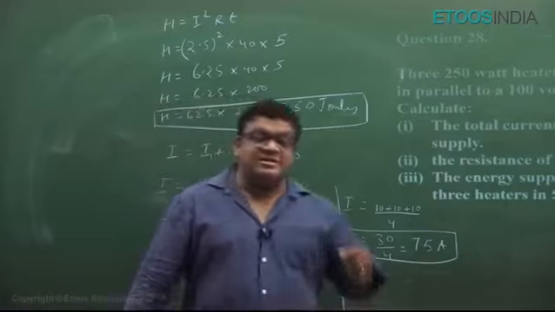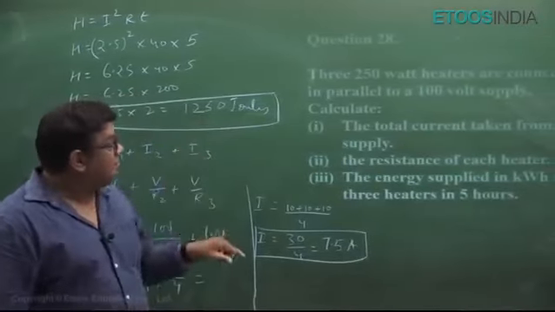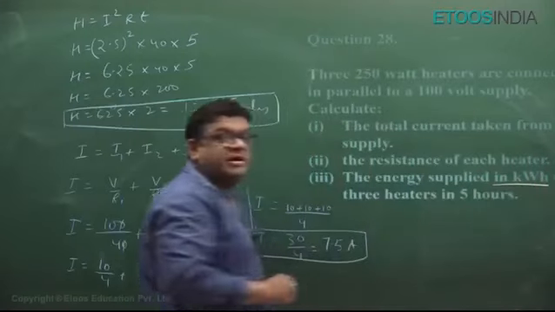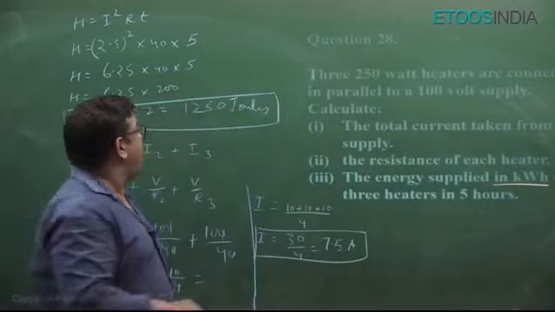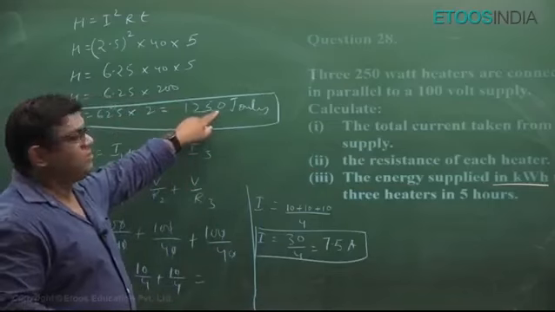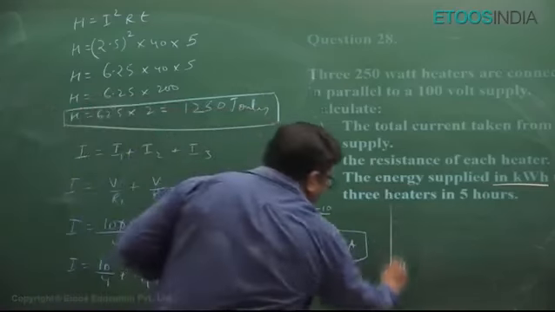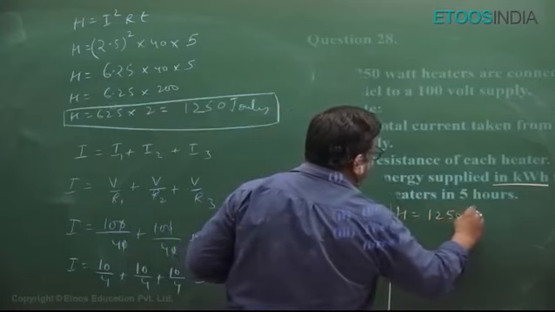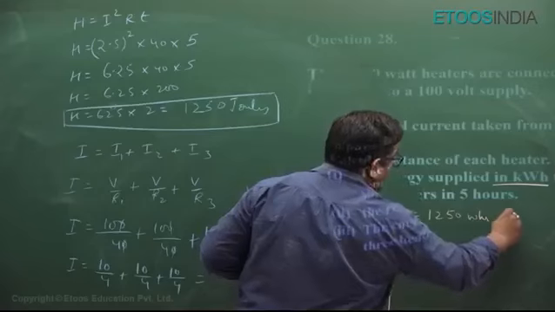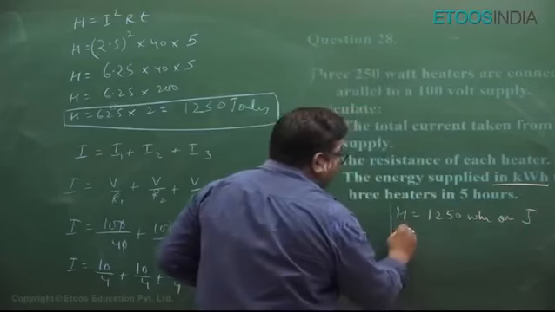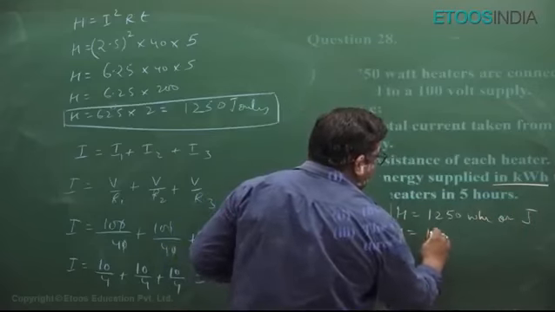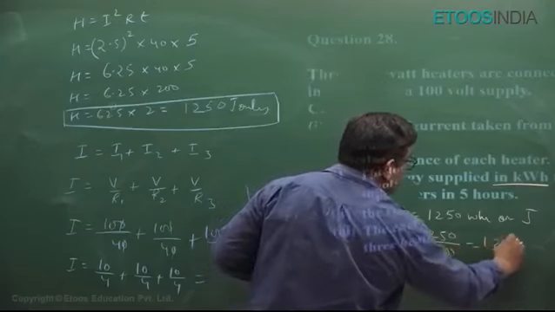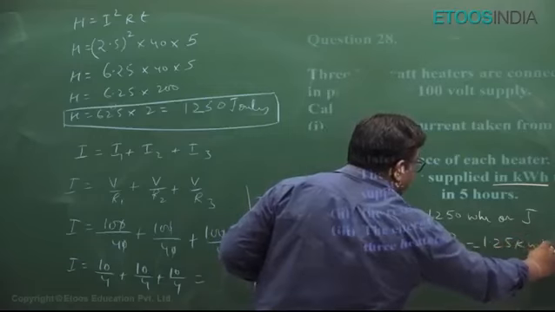Okay, this answer given here is in joules, but let's see. It has asked us to find it in kilowatt hour. So how will we convert this into kilowatt hour? We know that 1250 joule. I'll solve it here. See, the heat is 1250 watt hour, or joules, one and the same thing here. So to convert this into kilowatt hour, I'll just divide 1250 by 1000. It comes out to be 1.25 kilowatt hour.